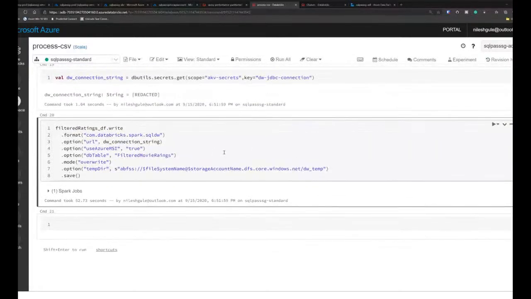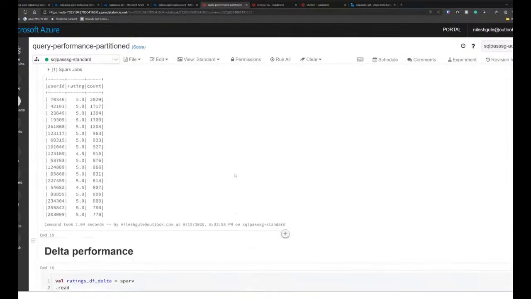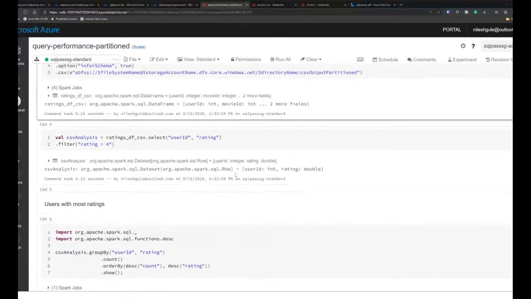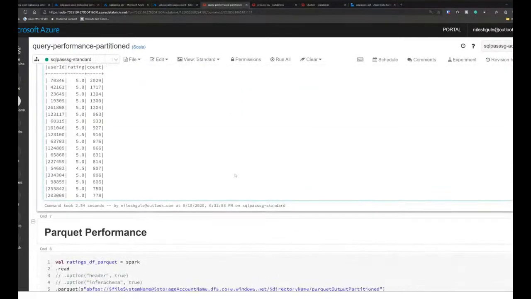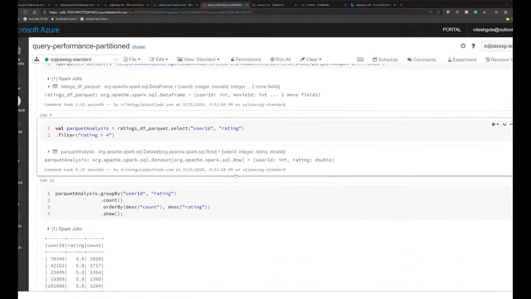Let's look at the other scenario where I want to read that data. For this purpose, I will use the other notebook which I had in the previous session. This one is where we filter based on the different types of data, where we try to partition the data based on ORC, Parquet, or Delta files.